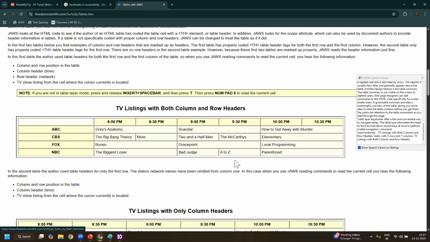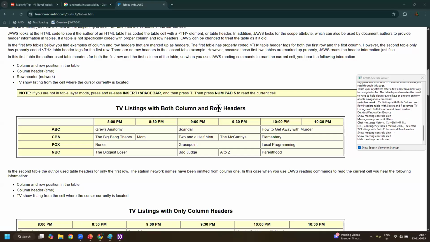In most cases, it will not announce the table name. It will just announce as table with 5 rows and 7 columns, something like that. So it should not announce in that way. And also there are some shortcut keys to navigate inside the table. Those are Control, Alt, arrow keys. So once I press the T,